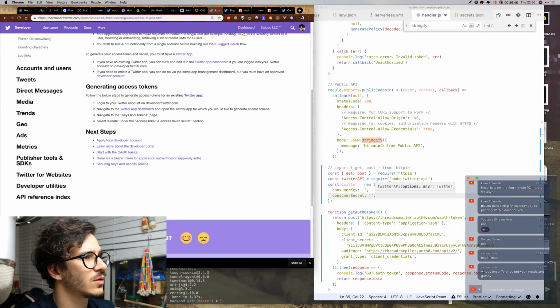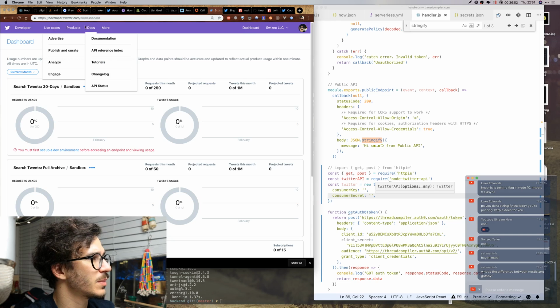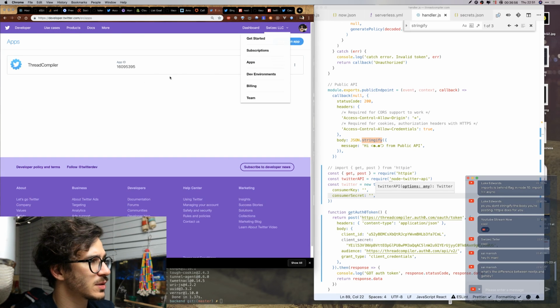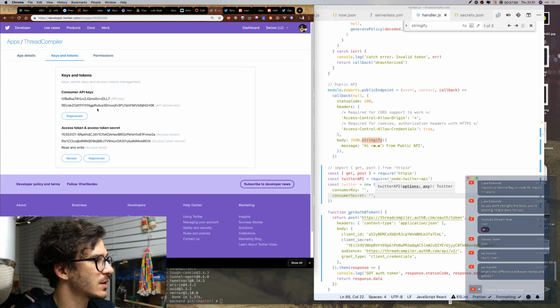And if I go to my dashboard, I should see where are my apps, thread compiler details. I can get keys and tokens.